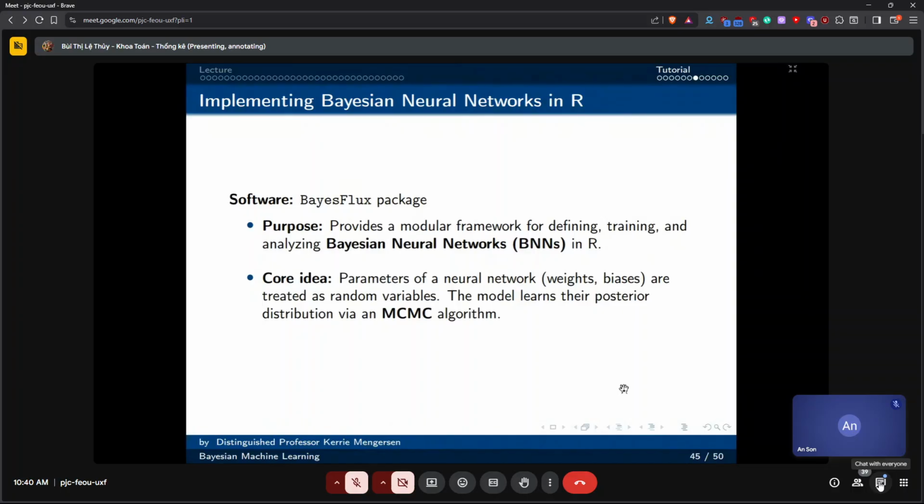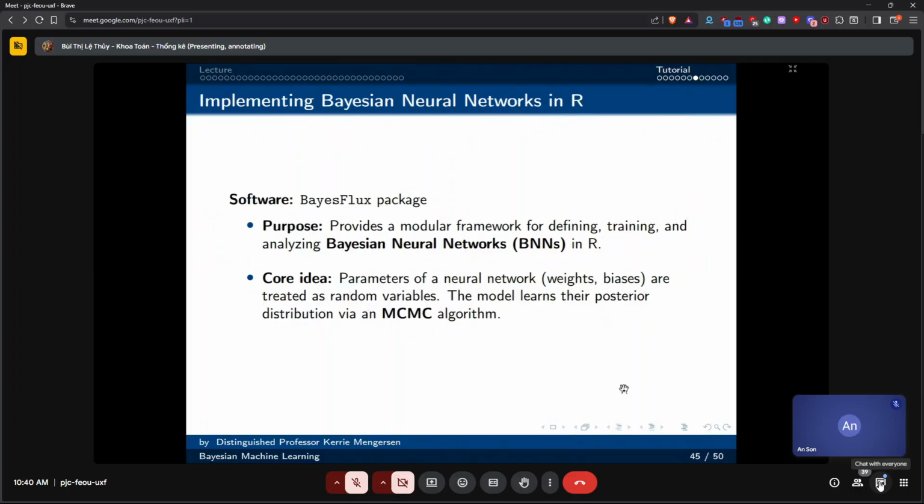So the software that we can use for Bayesian neural networks is Bayes Flux. So I haven't given an example of this, but if you're interested in Bayesian neural networks, you can use Bayes Flux, and this provides a modular framework for defining, training, and analysing Bayesian neural networks in R. So we take the parameters of the Bayesian network, which are called the weights and the biases in these different layers and the connections between the variables and with the response.